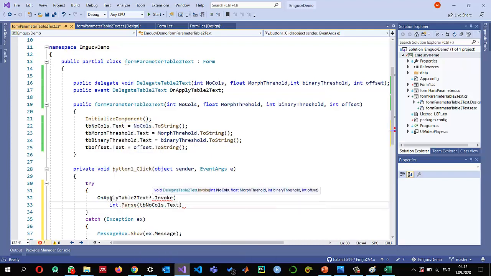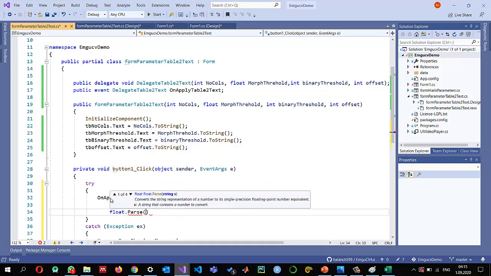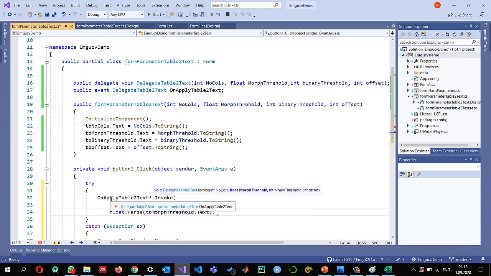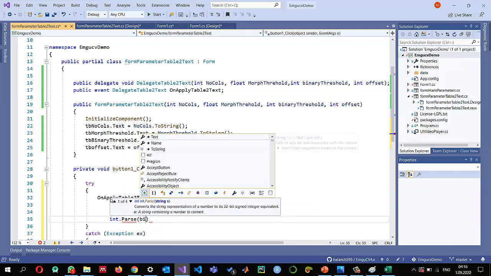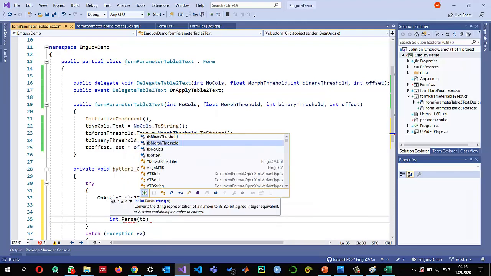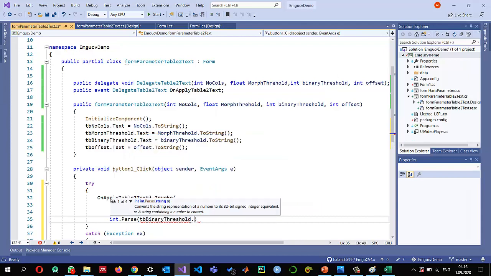The second parameter is float dot parse text box morphological dot text. The third parameter is also an integer, so integer dot parse text box binary dot text,